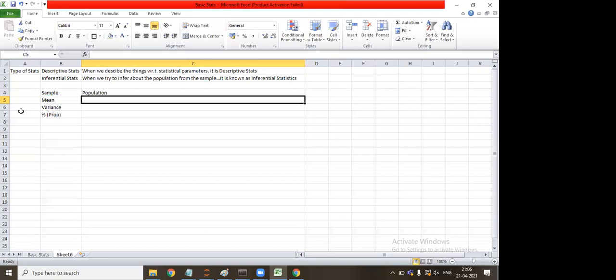Sir, I have a small confusion. Whenever we find the mean and median of the data, are we doing descriptive statistics? You can find it for a sample as well. Whenever you compute mean, median, mode, you're working with descriptive statistics, but this doesn't mean that you cannot do inferential statistics. You can also do inferential statistics if you are working on a sample.